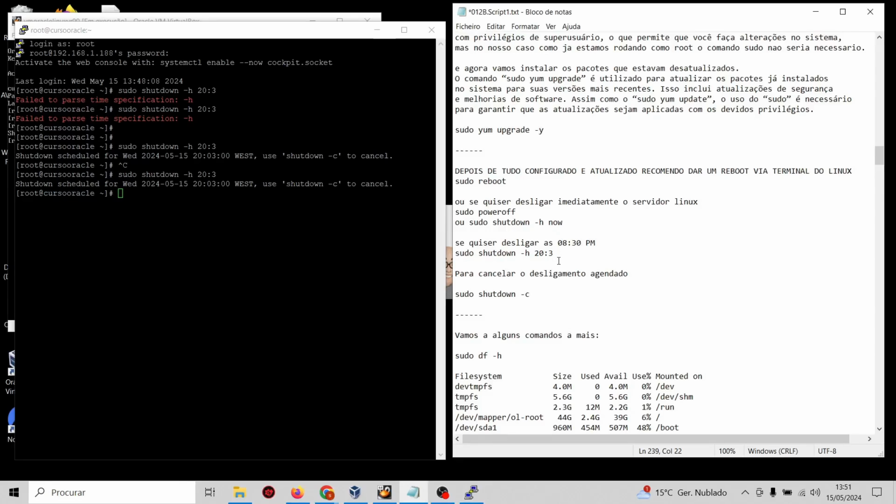Good, but it is already scheduled to shut down at 8:30 p.m. And if I want to cancel it, just run this command with the option -c and the shutdown is canceled. All right, guys,